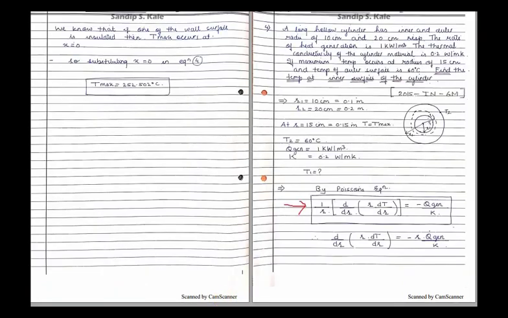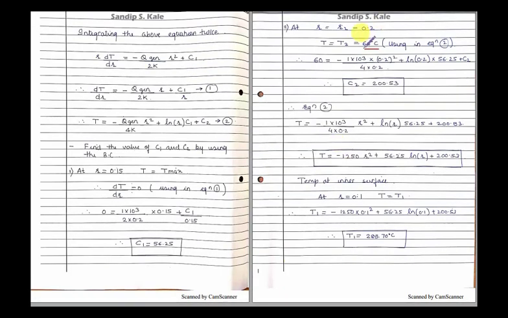So we'll just go back here. So this is the R2, right? So at R2, what is the temperature? The temperature given is T2. And what is T2? The value given here in the numerical, the outer surface temperature is 60 degrees. So this is given. So we'll now apply this boundary condition. So let's see what we get. So at R is equal to R2, that is nothing but 0.2, temperature is nothing but 60.